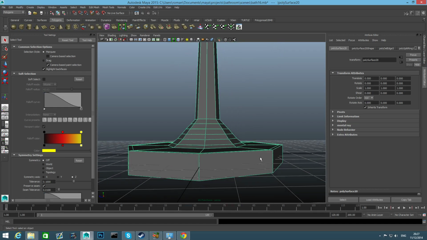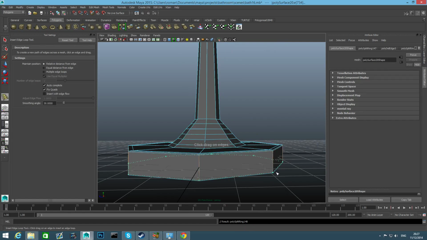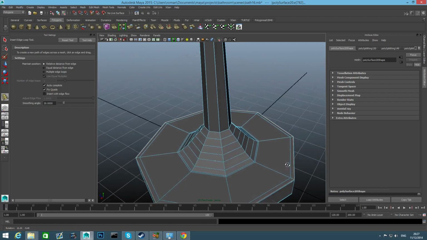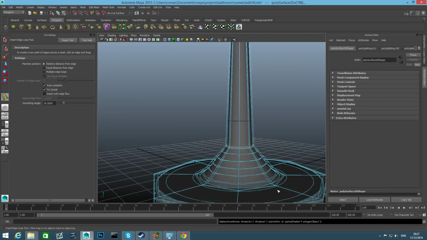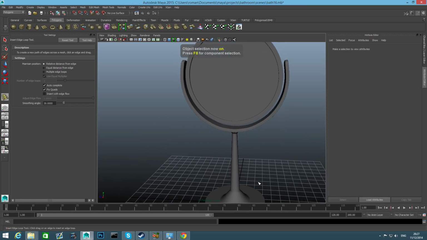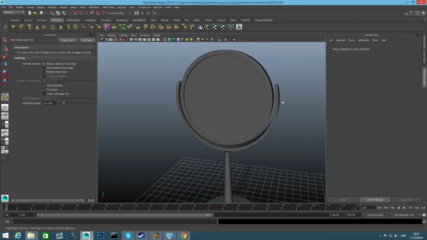I'm missing some edges here and there. And here, this one already has, but I will try to maintain that sharp. And here, I want to keep it sharp. All right, so we have this, and we're going to do the same procedure to nail this mirror into this,